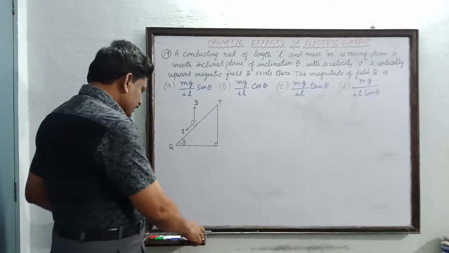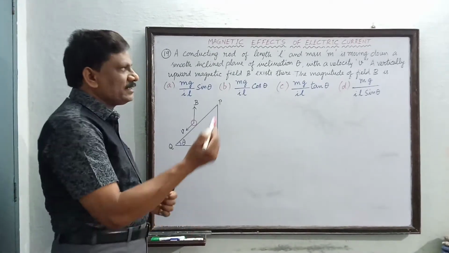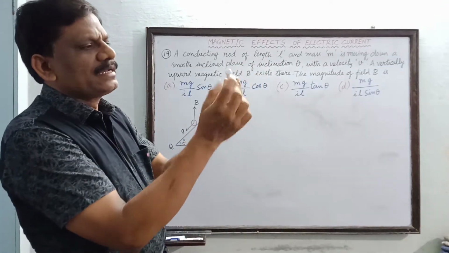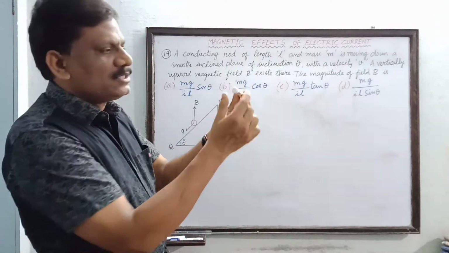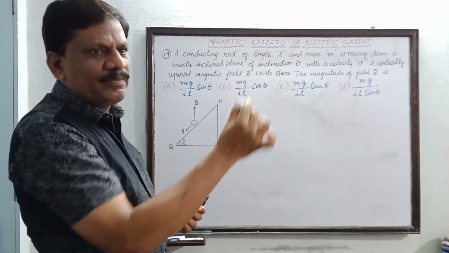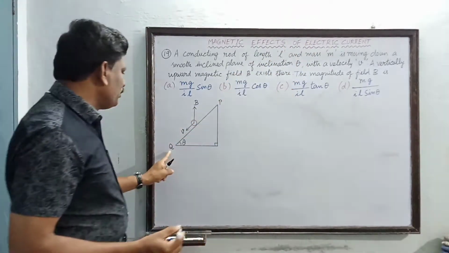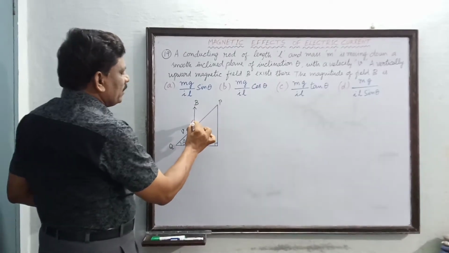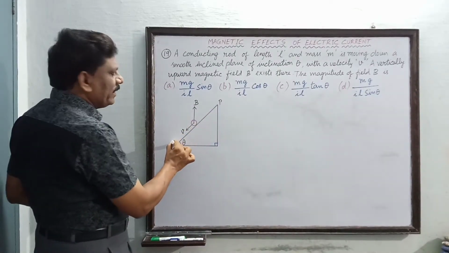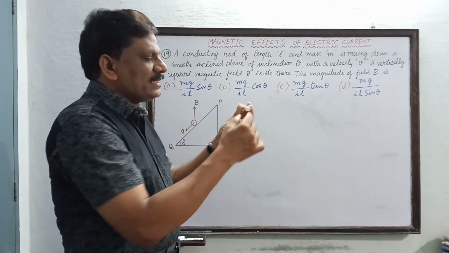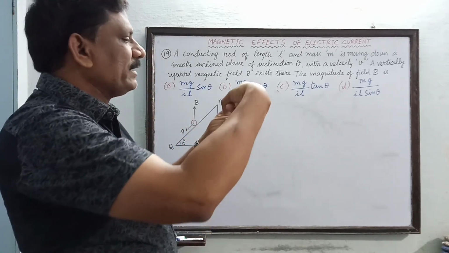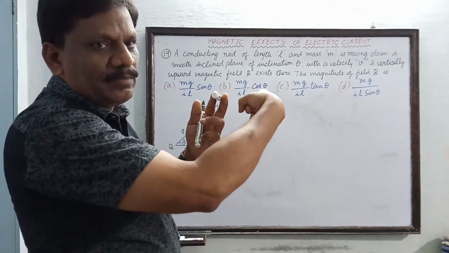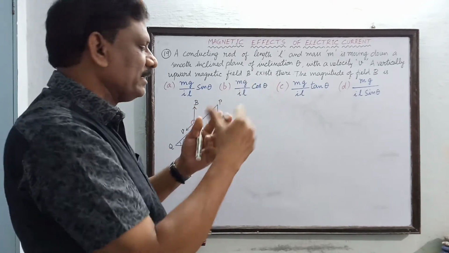So now you can see that it is a cylindrical conductor, a cylindrical rod like this. Its cross section is circular. So it is sliding down an inclined plane from the point P up to the point Q. Like this it is sliding. As it is coming down the inclined plane, you must understand that the current is flowing through the conductor along its length. So the current is flowing into the board, along the length of the conductor.